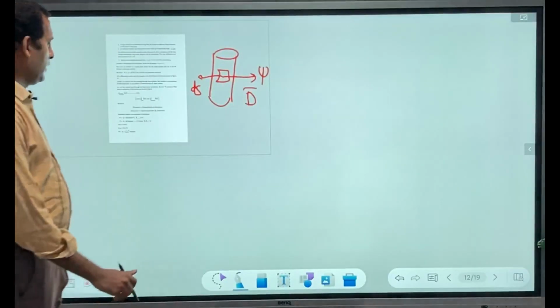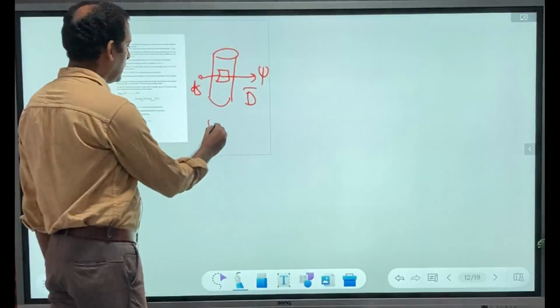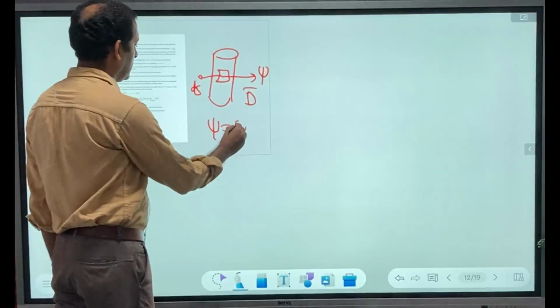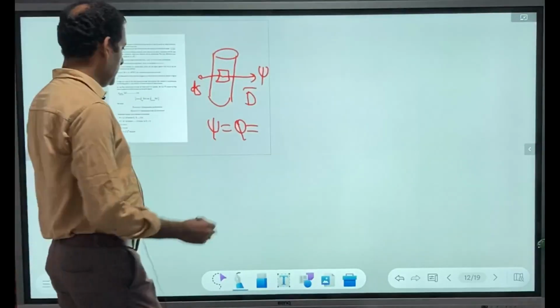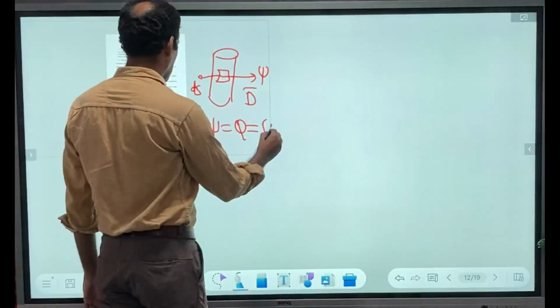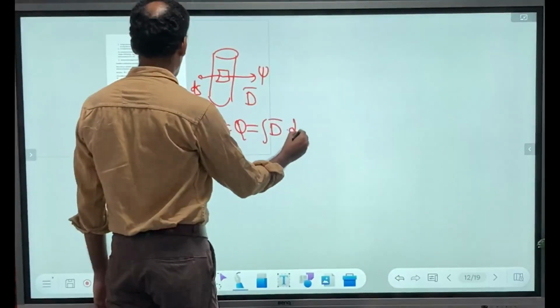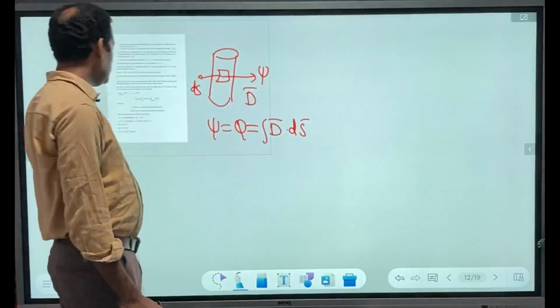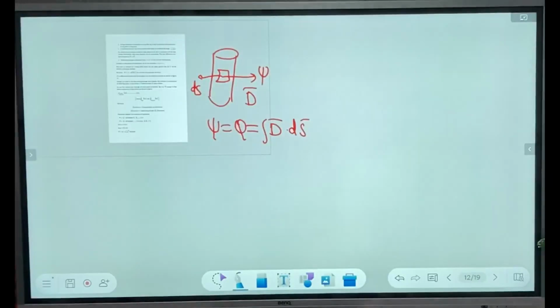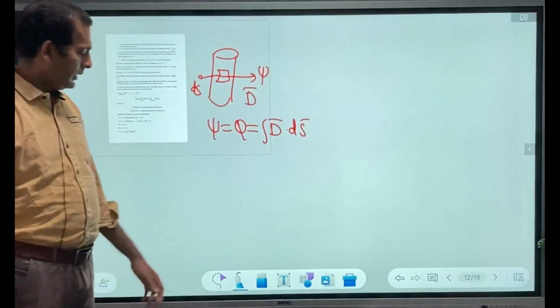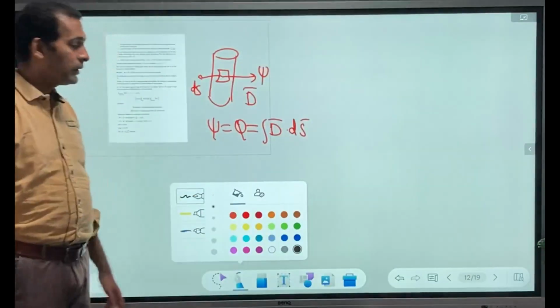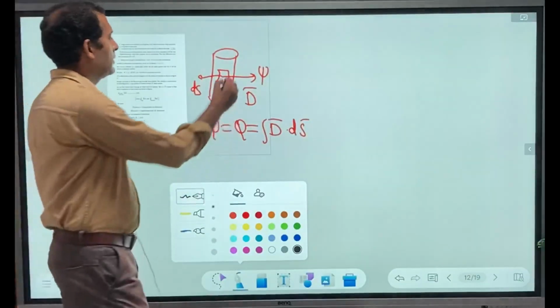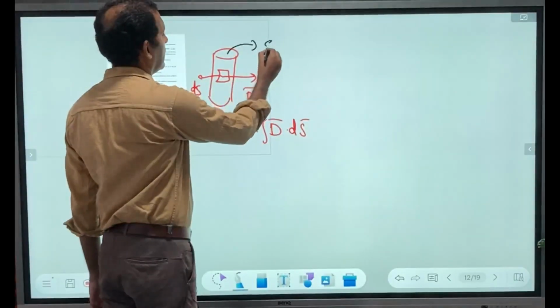So already what we have established is psi is nothing but equal to q, equal to integral of D bar dot dS bar. Now consider the conductor in a cylindrical coordinate system. So for the cylindrical coordinate system,